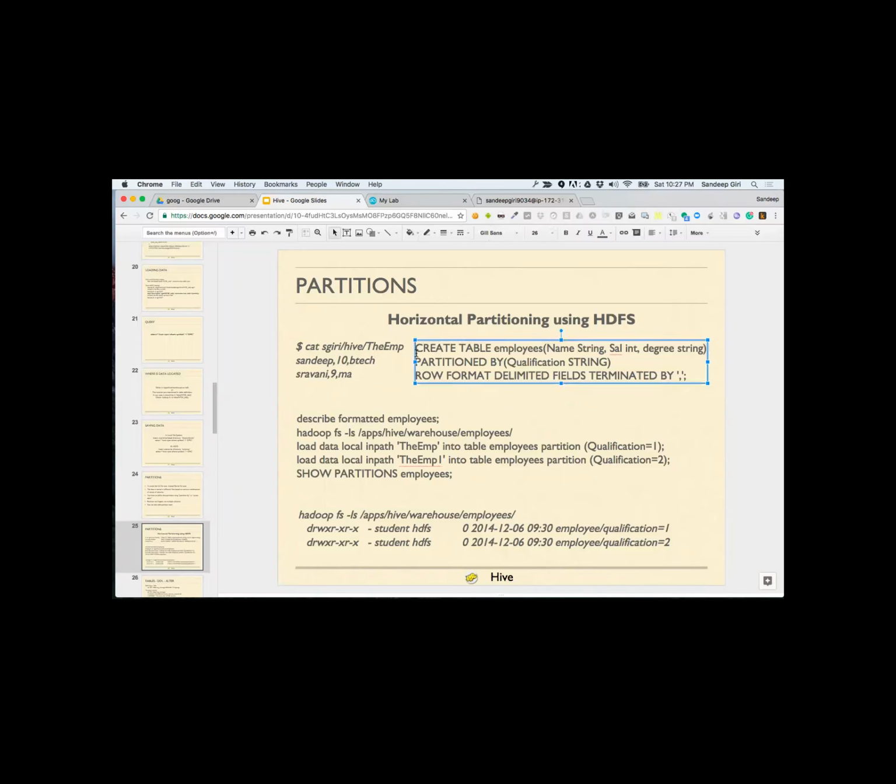Okay, let me explain this. Let's say you have a table called employees. Okay, you have a table called employees, and let me move this somewhere else.